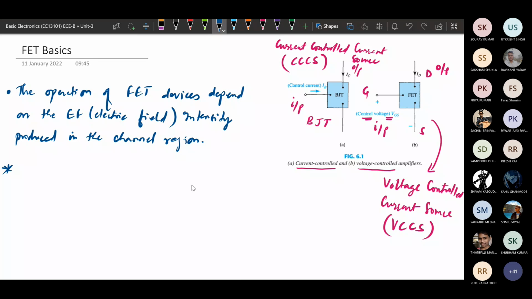So there will be an electric field intensity, and based on that there will be a current flow. Whatever electric field intensity is developed across the channel, the current flow will be with respect to the field intensity that we have applied. Another point we can write like this: